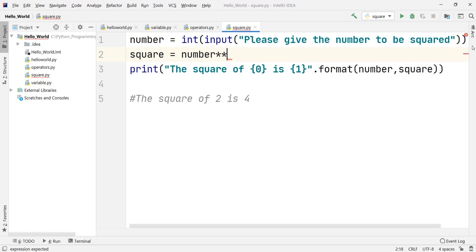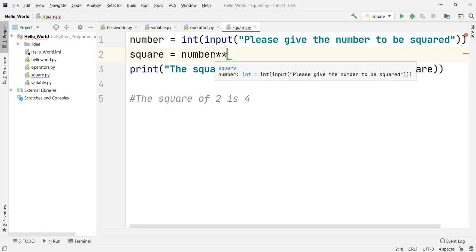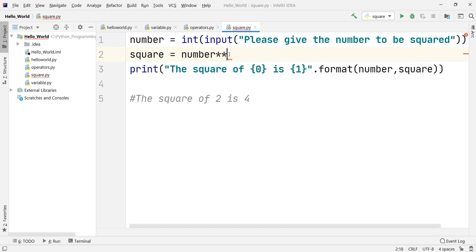The format is the number, then two asterisks, and then the power. Right now we want the square, so you write 2 over there. If you want the cube, write 3. If you want the fourth power, write 4. Whichever power you want of that number, just put that number over there. That is how we can make use of the asterisk operator.